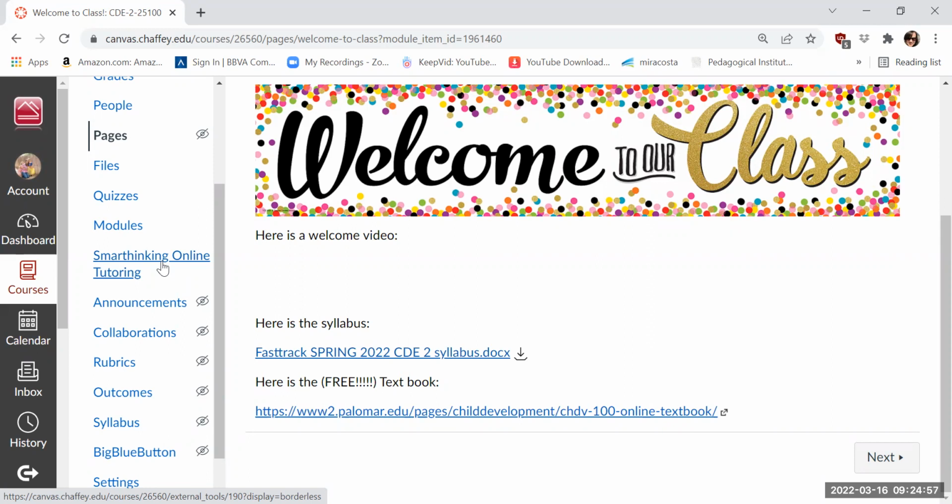If you need specific support with this class, what you should do is use this inbox on the left-hand side. You can see my mouse is circling it right now. Just hit the inbox and shoot me a message. This messaging on Canvas goes straight to my email. There's a delay, maybe 30, 45 minutes, before it hits my inbox, but I will see it within the day. And I will get back to you within 24 business hours with the response